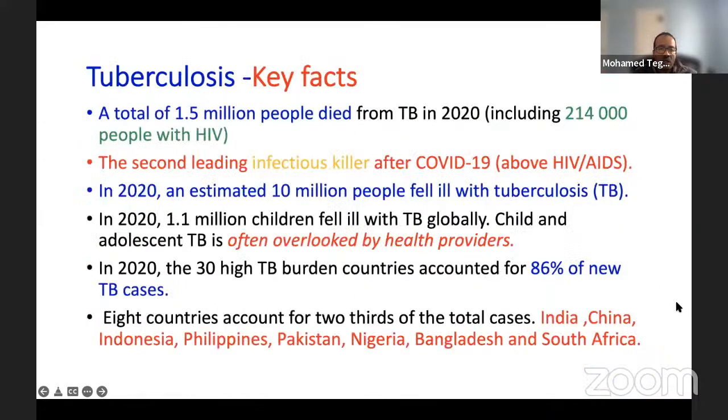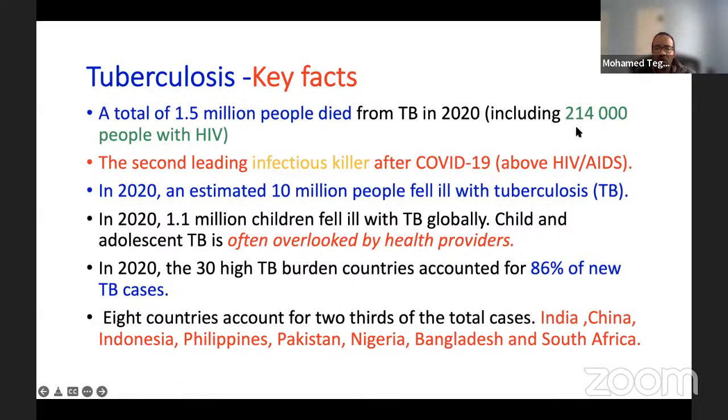First, we're going to start with key facts about tuberculosis. Unfortunately, TB remains one of the still neglected serious diseases all over the globe. One would probably be shocked by these numbers that I'm presenting today. These are data presented by the WHO for the year 2020. A total of 1.5 million people died from TB alone in 2020, and almost a quarter of this number,